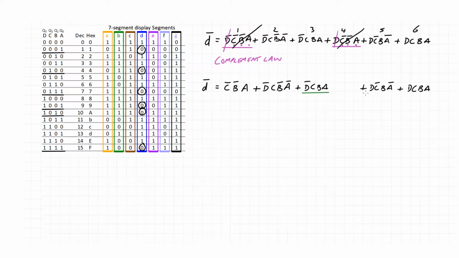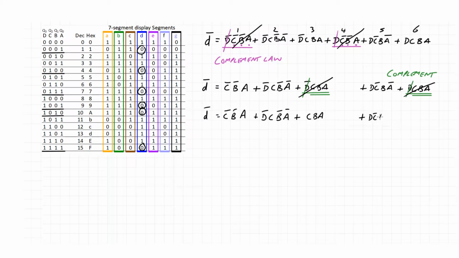We're always looking for similarities and differences, so these two terms, again, it's the complement law, where the value of D is irrelevant. So they both turn into C and B and A, or CBA. Or CBA, get rid of those two, or whatever was there before. And